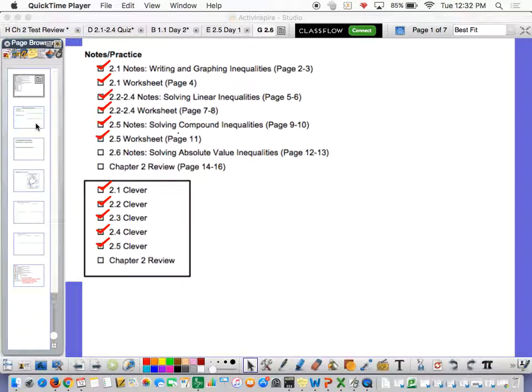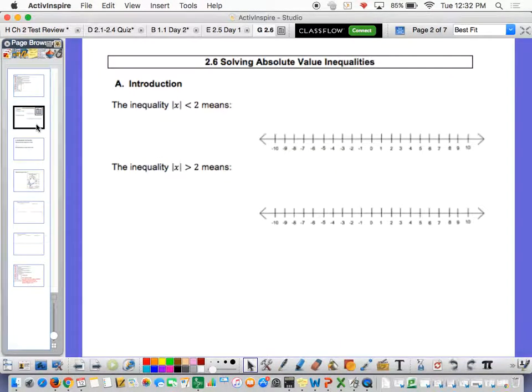Okay? So I'm on page 12. Page 12 is where we start our notes for 2.6. And 2.6 is all about absolute value inequalities. Okay? And as you can imagine, an absolute value inequality is an inequality that has an absolute value term in it. Okay? And so let's just talk about, for this first part here, it says the inequality, the absolute value